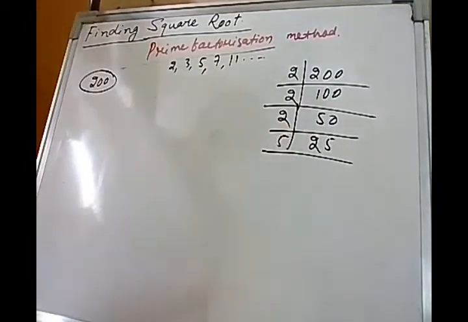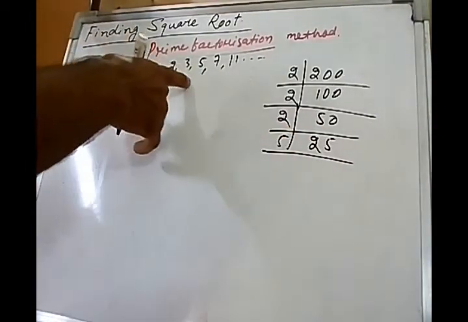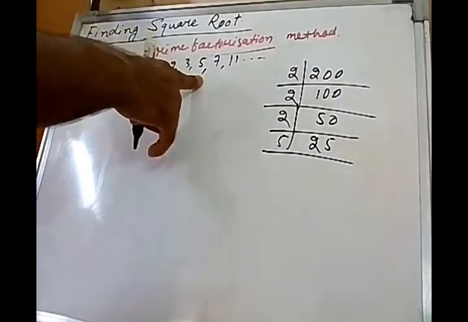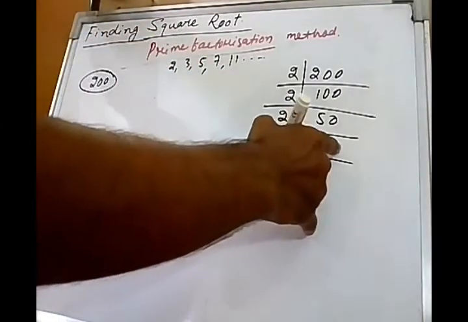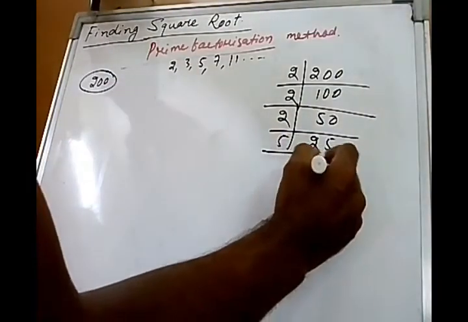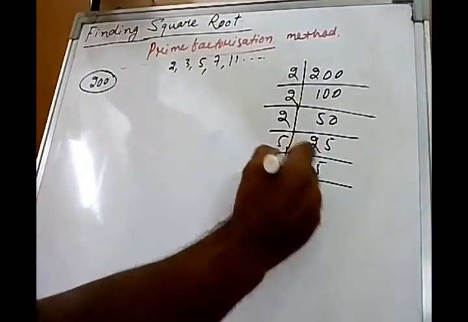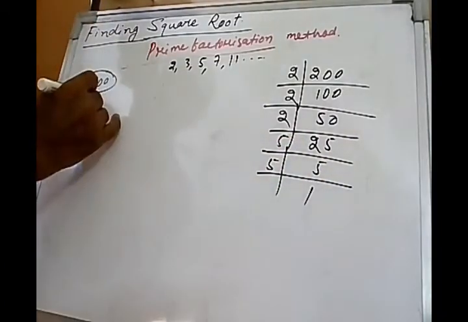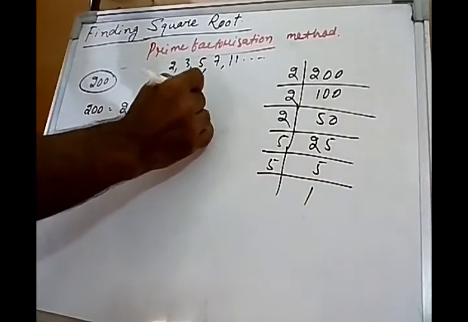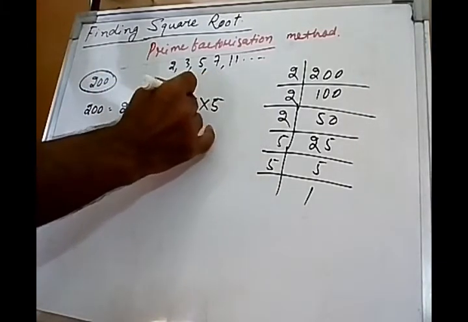Now it is not divisible by 2, so we will take 3. So 25 is also not divisible by 3. So next prime number is 5, so you have to divide by 5. Add 1 plus 5, so it is divisible by 5 most. So 5 5s are 25, then 5 1s are 5. Now we can write all the factors of 200, that is what, 2 3 times, 5 2 times.